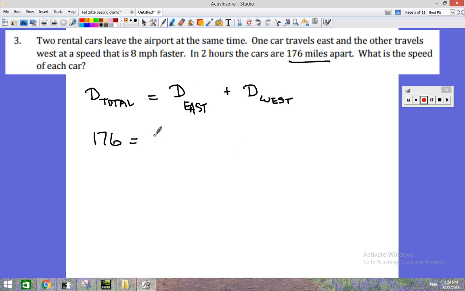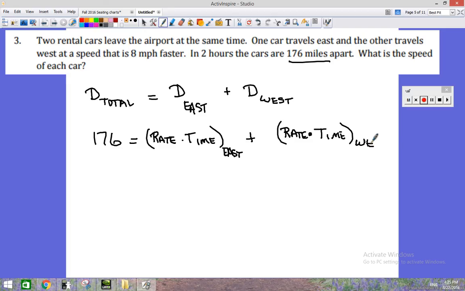Now on the right-hand side, I need the rate of the car that is traveling to the east and the rate of the car that's traveling to the west. I need the time that the east car is on the road and the time that the west car is on the road, the car that was traveling west. So I've got 176 is equal to, well, I know that they travel for the same amount of time, and